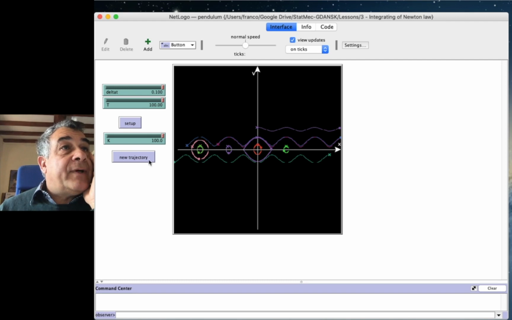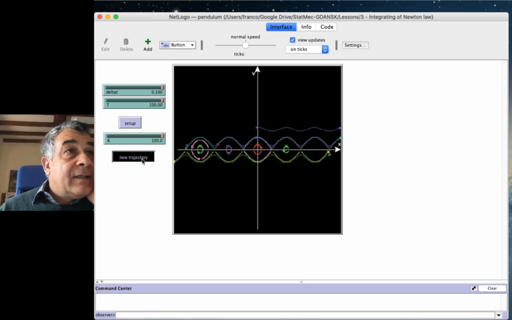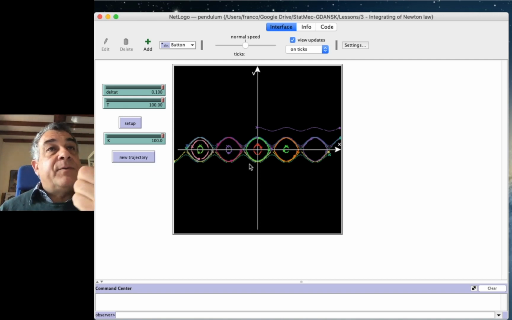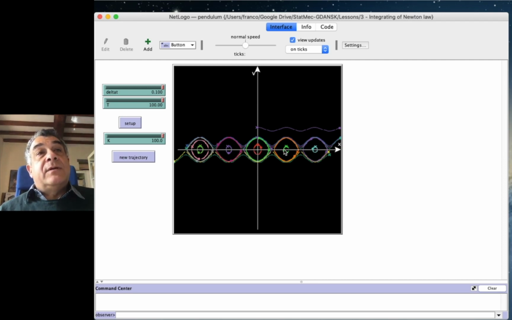And if I investigate carefully enough, I can see that the phase space is divided into these deformed ellipses at various positions near multiples of pi,